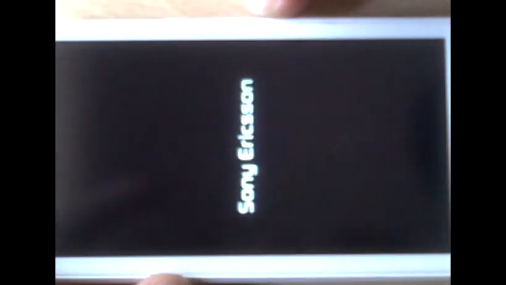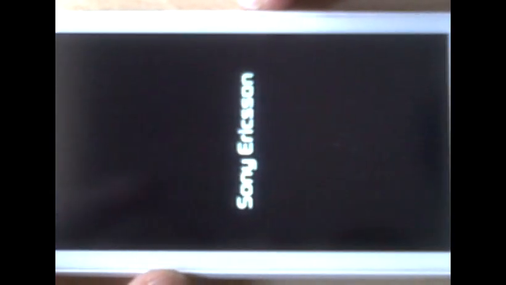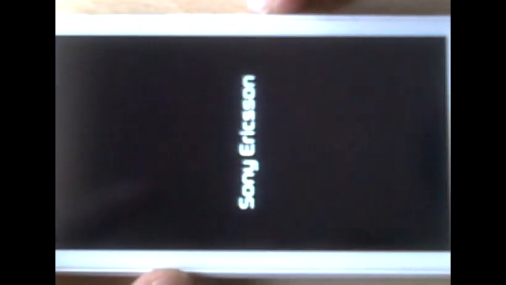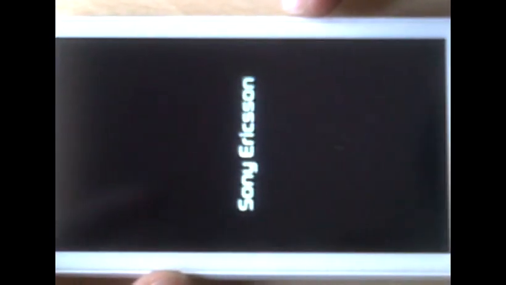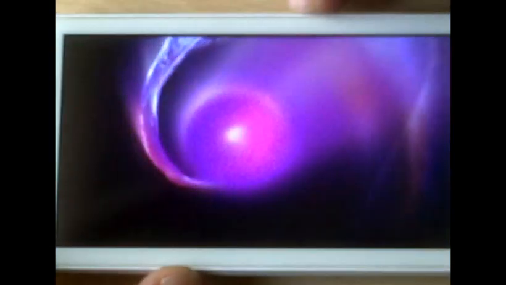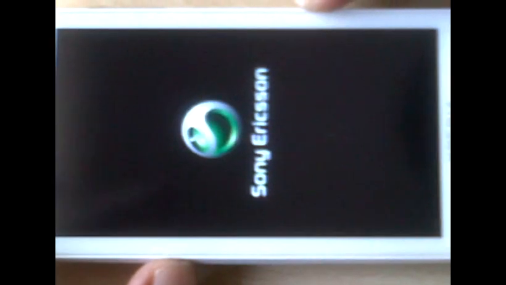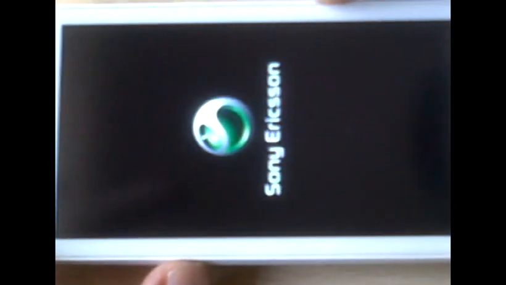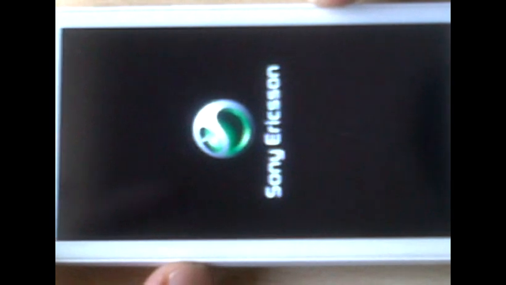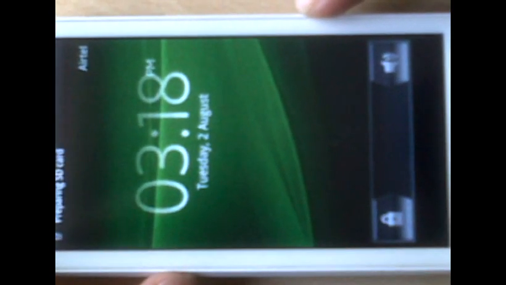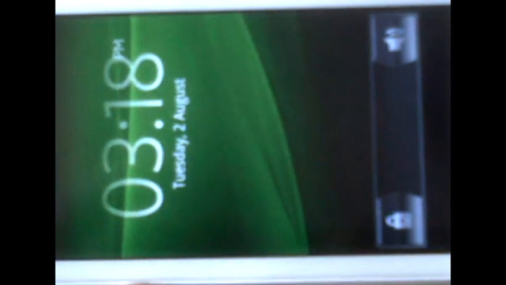Okay, so we have here a good quality video, say 2.3.3 Gingerbread. We are thankful to Sony that they have provided this latest software to the Sony Ericsson Xperia X10, and the speed of the phone is working very good with 2.3.3. When we start the phone, the starting time is much less than 2.1 Eclair. And this phone with Android 2.3.3 is good,